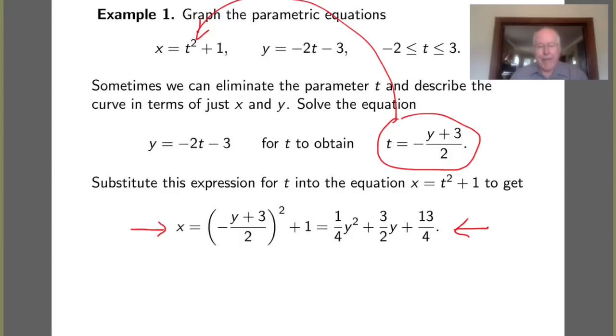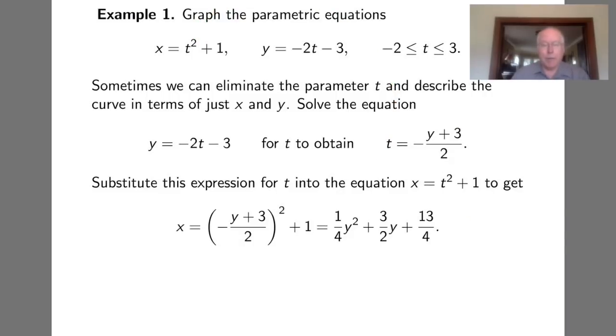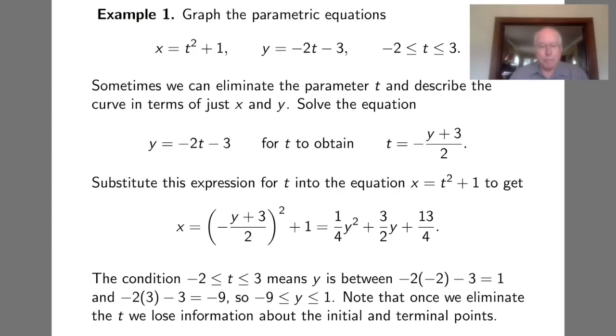And so here we see x depends on y, where y is a quadratic. That implies this relationship describes a parabola. Now the condition that minus 2 less than or equal to t less than or equal to 3 also can